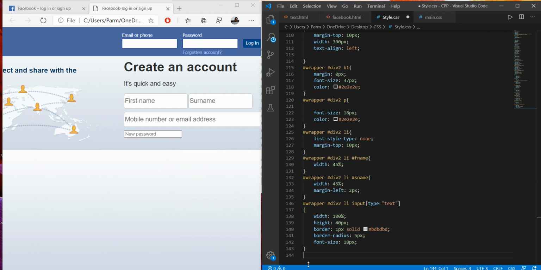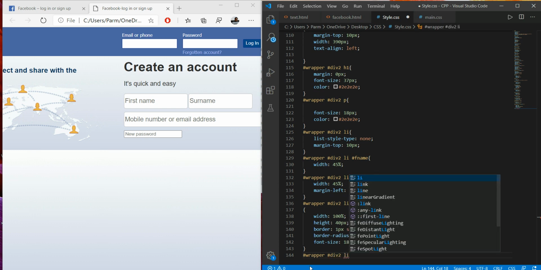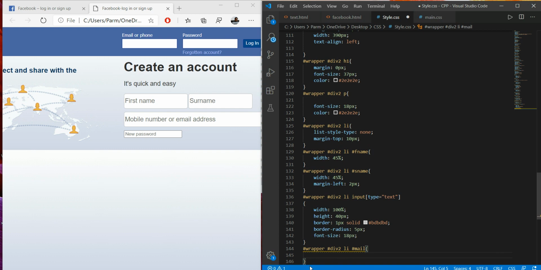In this line what we have to do is go with #div2 within the list and #mailid, and to this I will specify width, it's 94%.